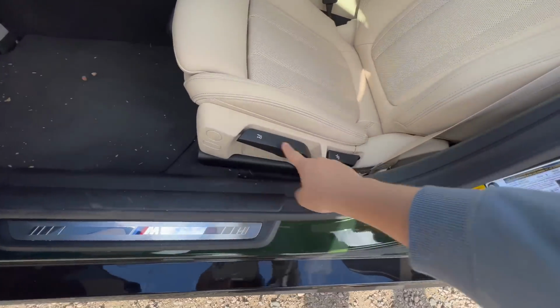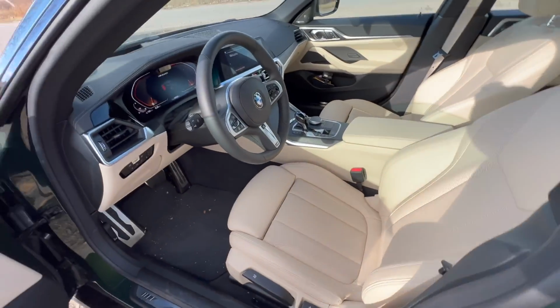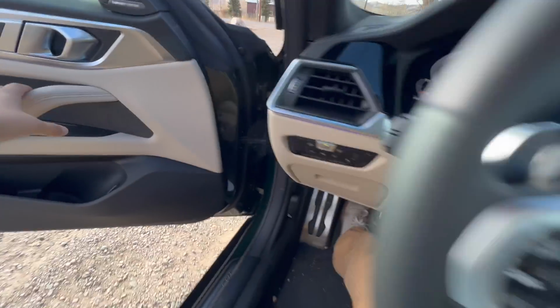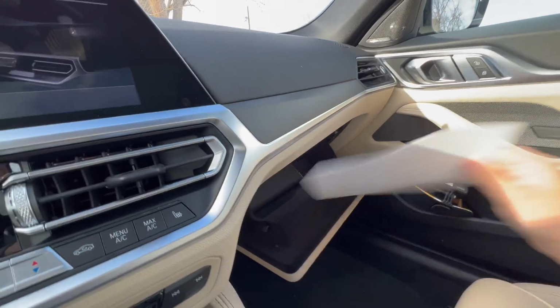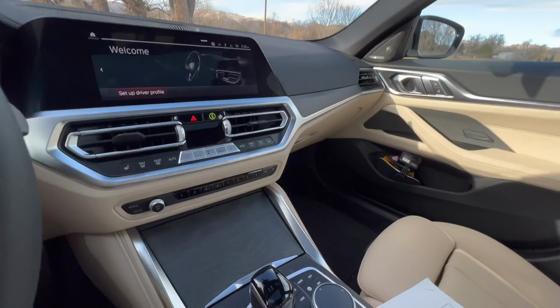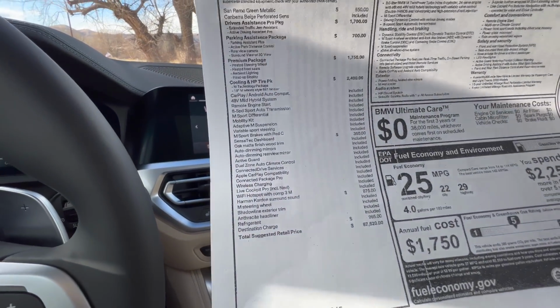By the way, manual seats. I don't know why that has manual seats in this car. I didn't even know that would be available. This is such a highly spec'd car. Personally, I love it. I prefer manual seats, so you don't see me complaining. I just think, wouldn't that be a standard feature? Anyway, here we go. This particular one is